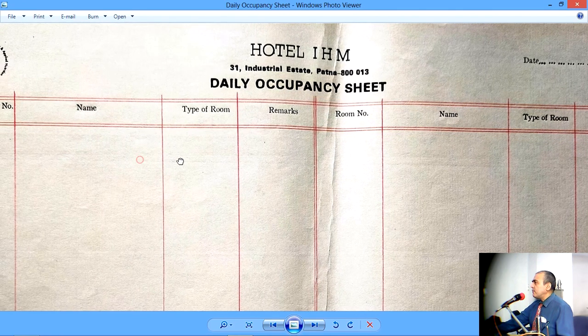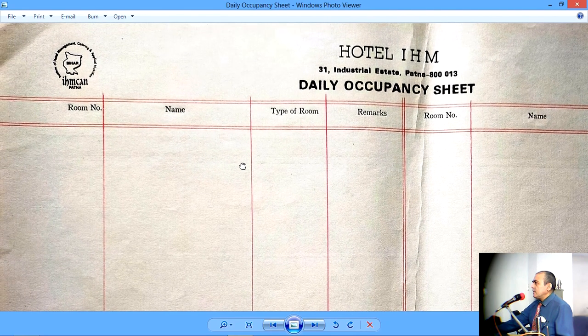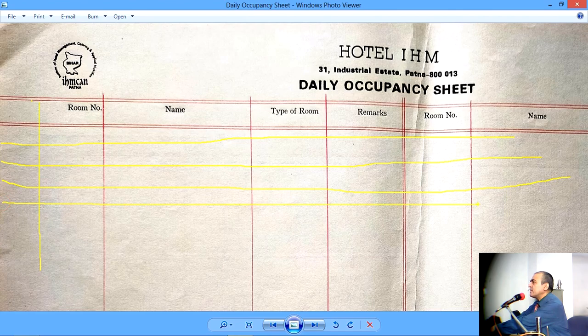It only has 4 entries. Of course, if required, we could add columns to this. We could have one column here for serial number, but that's all right. So room number, and this could also have lines like this. Each room number could actually be printed here, so that if the room is vacant, we leave that row vacant, and if the room is occupied, then we write the guest name underneath.